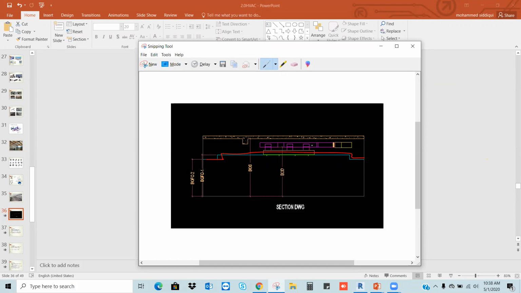Here one of the most important advantages of Revit or BIM is space management for the services. 70% of the industry uses Revit for the space management of the services. How we are going to place it, whether we have the space or not, and what kind of clashes we are getting, clash analysis. For all those things, we use Revit. This is a simple brief about the air conditioning system, how we are going to start.